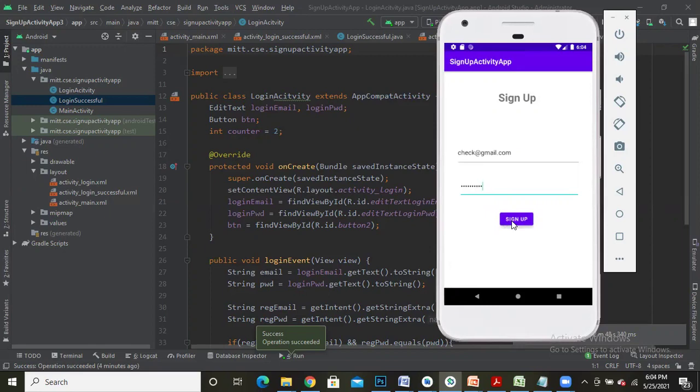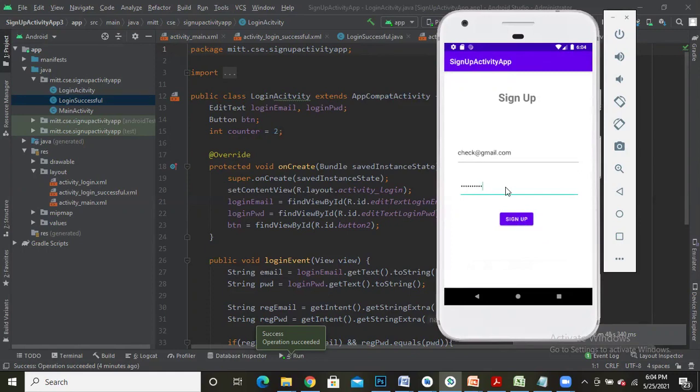Even in this case, if I click on sign up, I'll get Password does not match the rules. If you enter any invalid password that does not contain a digit, a lowercase, an uppercase, or a special character, and the length is less than 8, obviously the sign up button is going to give you the message Password does not match the rules.